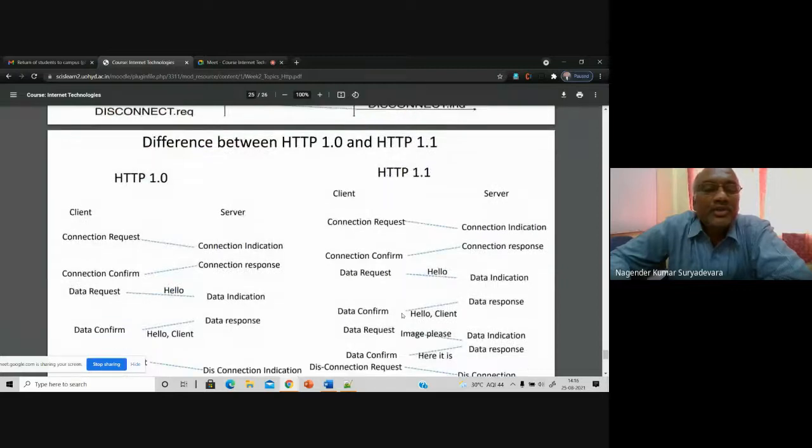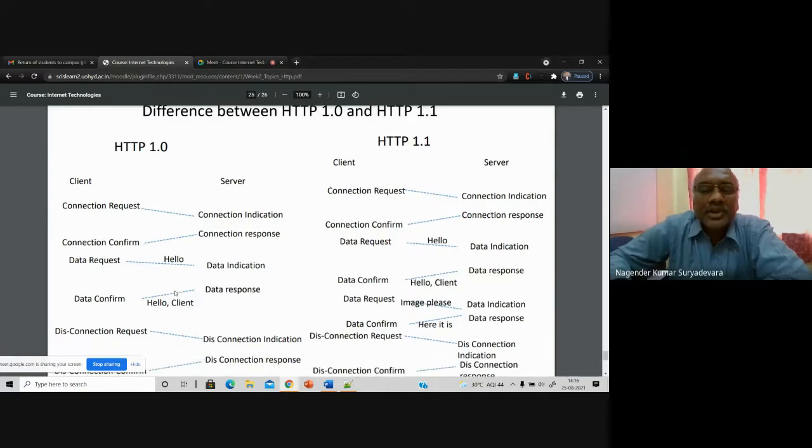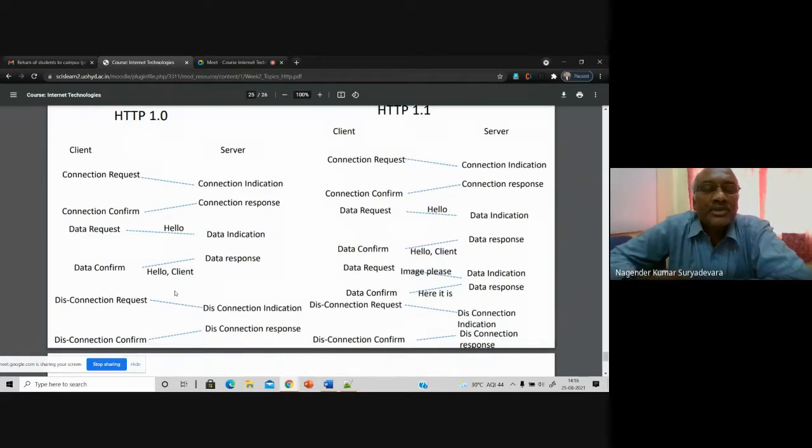Now if you see 1.0, every time a request comes, there is a connection request, the server indicates a connection response, the connection is confirmed, then the data request, and the data transmission takes place. So it requires a connection to be established and disconnected many times. Whereas in 1.1, the connection is finally disconnected only once, from the server.